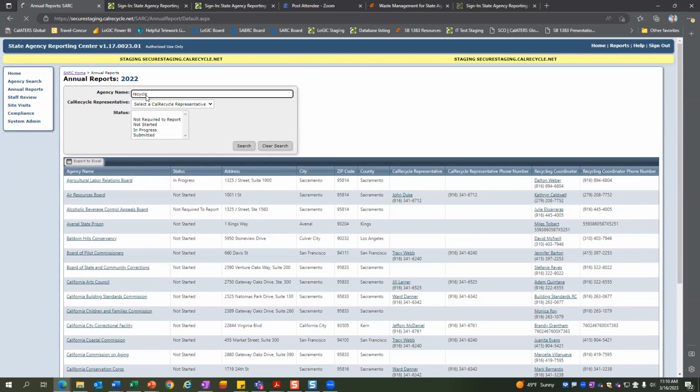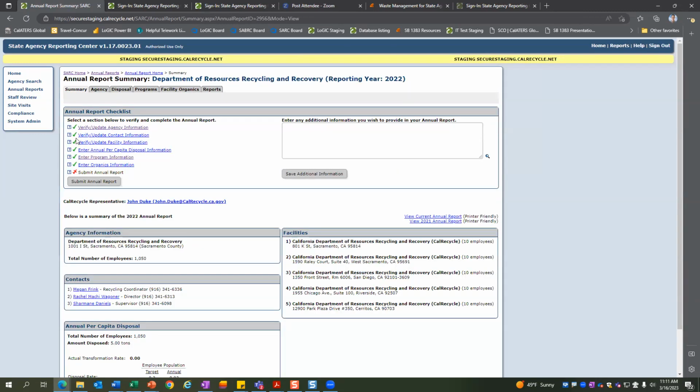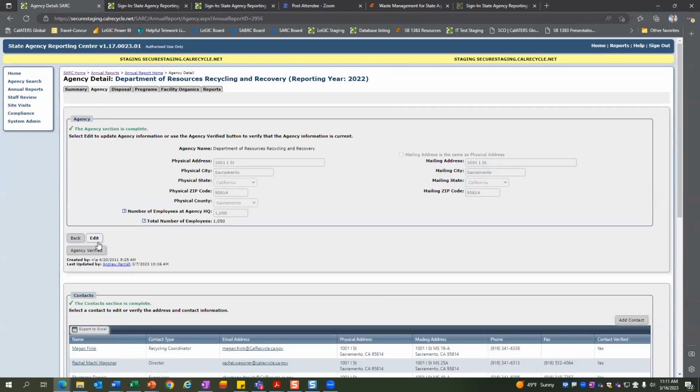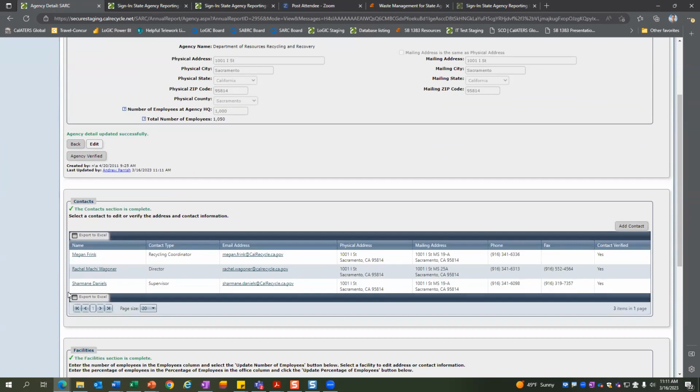This is what will probably look like on your screen. You'll come in here and it'll tell you your progress. As you go into each section and you edit, save, it's saving that work that you did. As long as you've selected save, it'll save that progress.